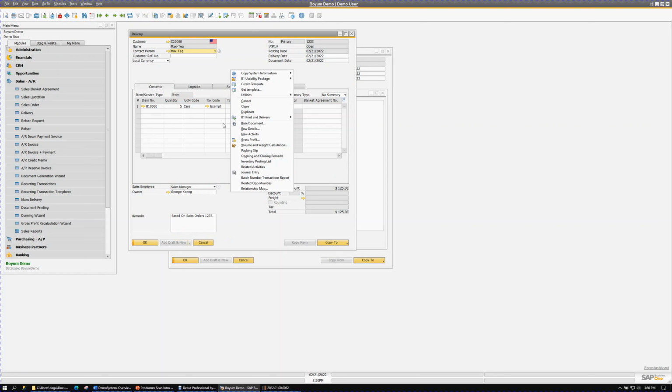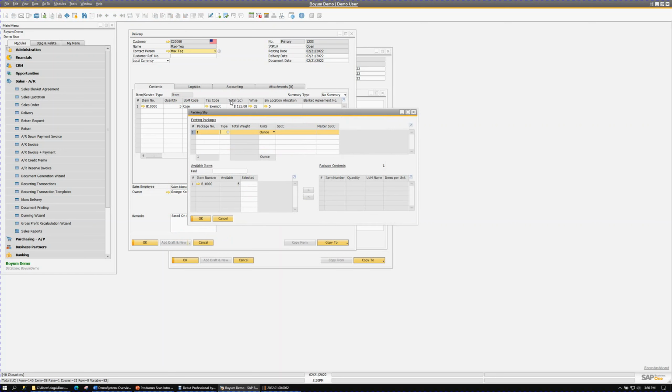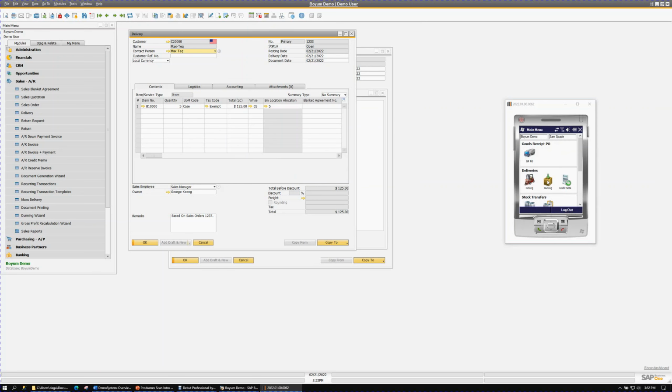One thing that we haven't yet done is address the question of packing. So at this point, we've picked the goods and we've created the delivery, but there are no packages for this shipment. Sam is going to assume the role of the packer. He enters the delivery,